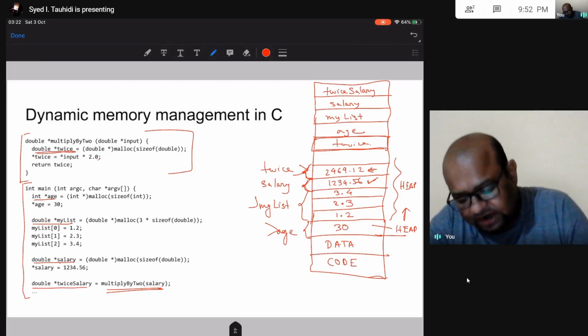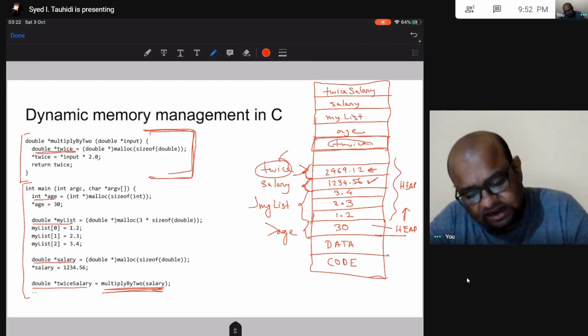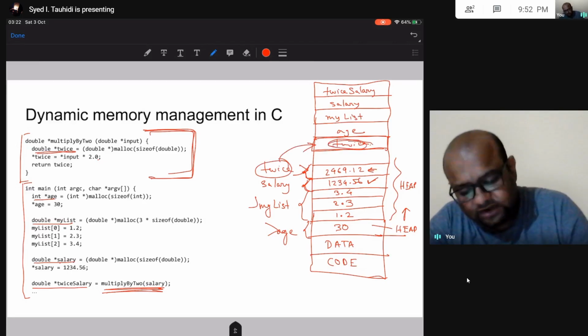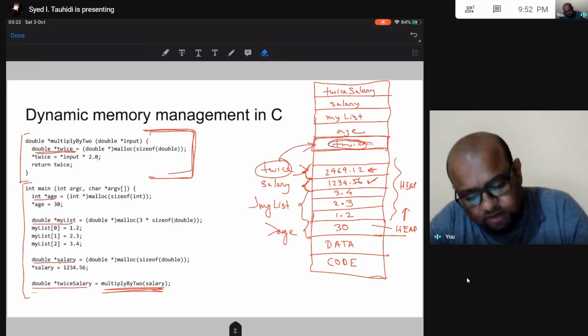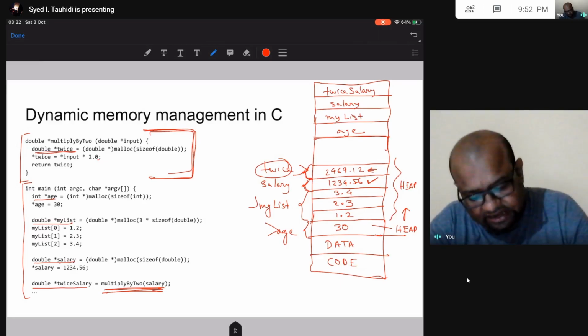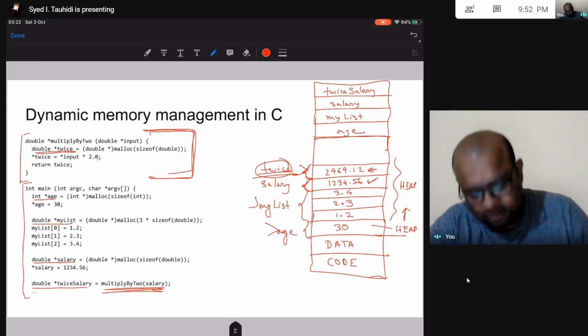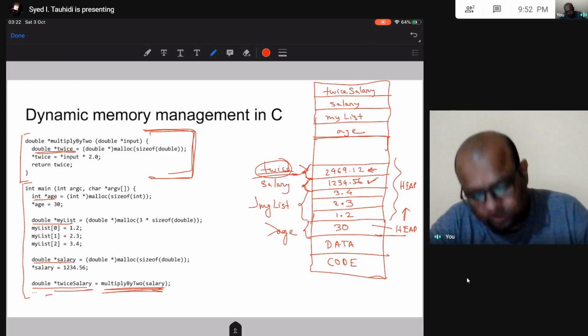Now after I am done returning from this function, this function is going to return this address. This address was stored here, and this address is returned. After returning, this will be freed up. This address of twice was being returned, and that I am storing in twice salary.